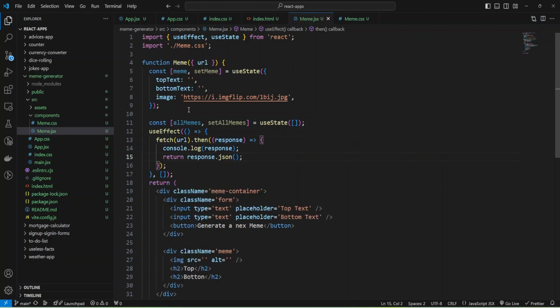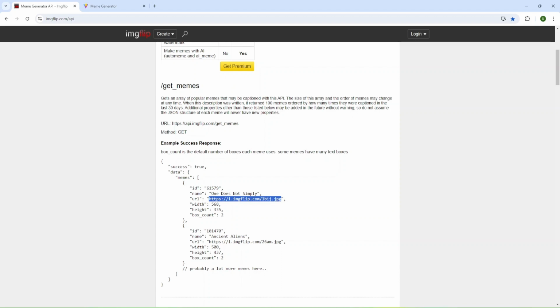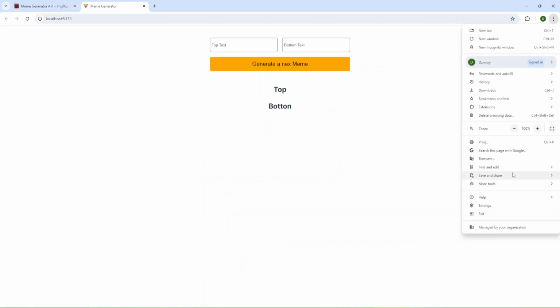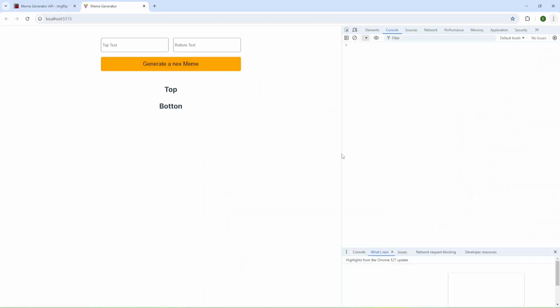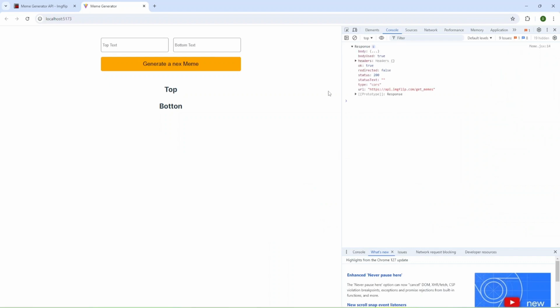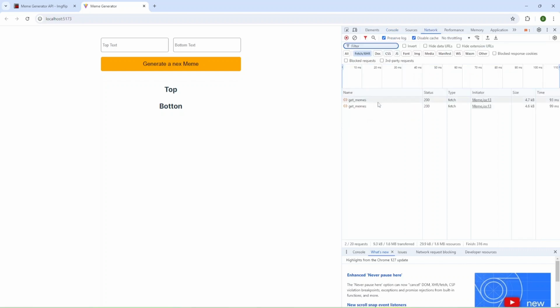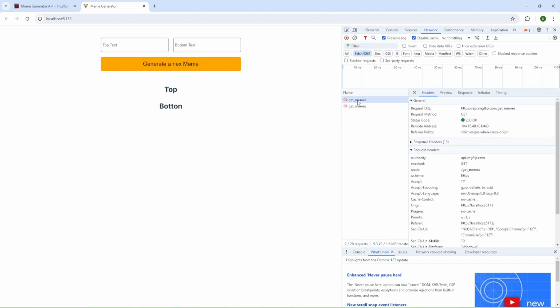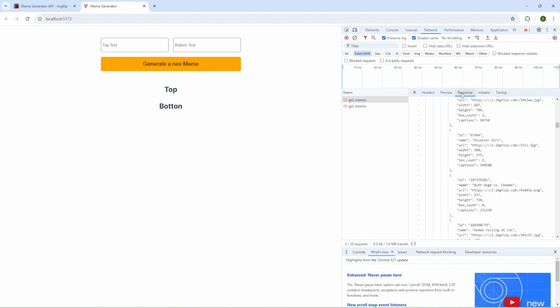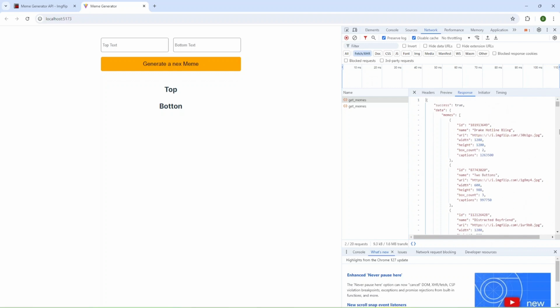Okay, and now I'm going to open my code, open developer tools, and check what we have. We have a response, and let me just refresh the page. And as you can see, we have a response, and our response was okay, and we have status 200. And also you can check network and see the response, and as you can see, we have array of memes inside data.